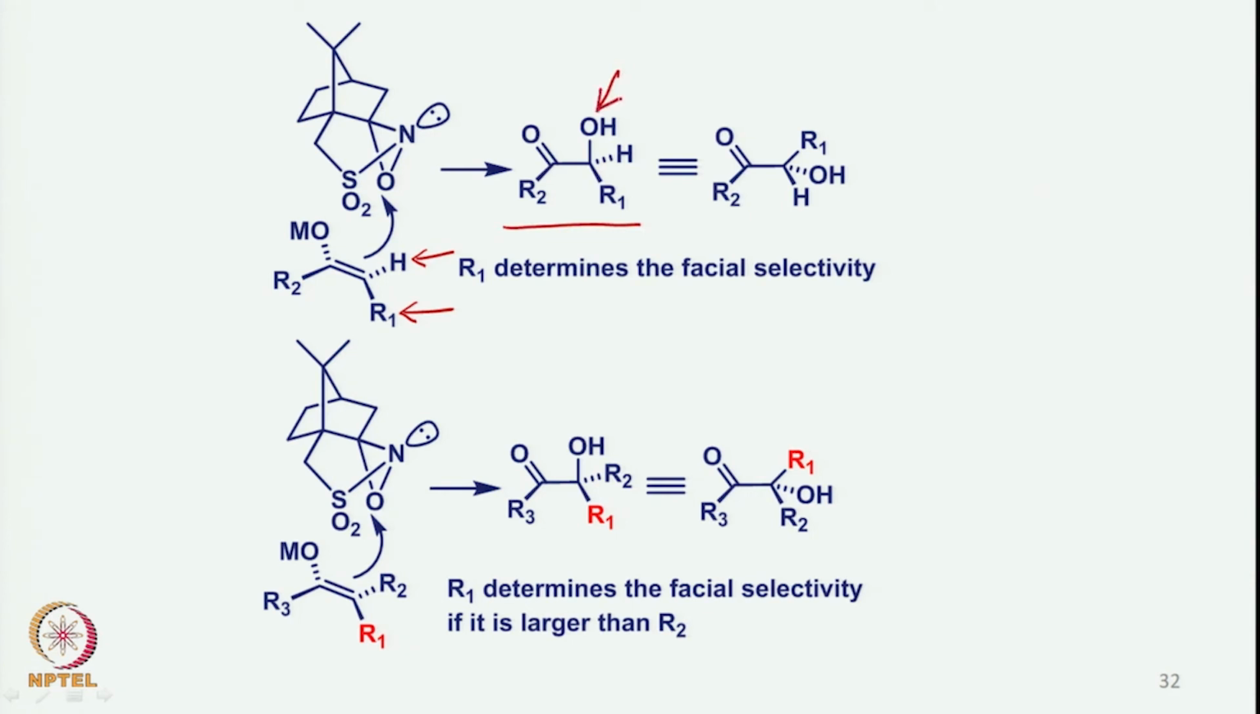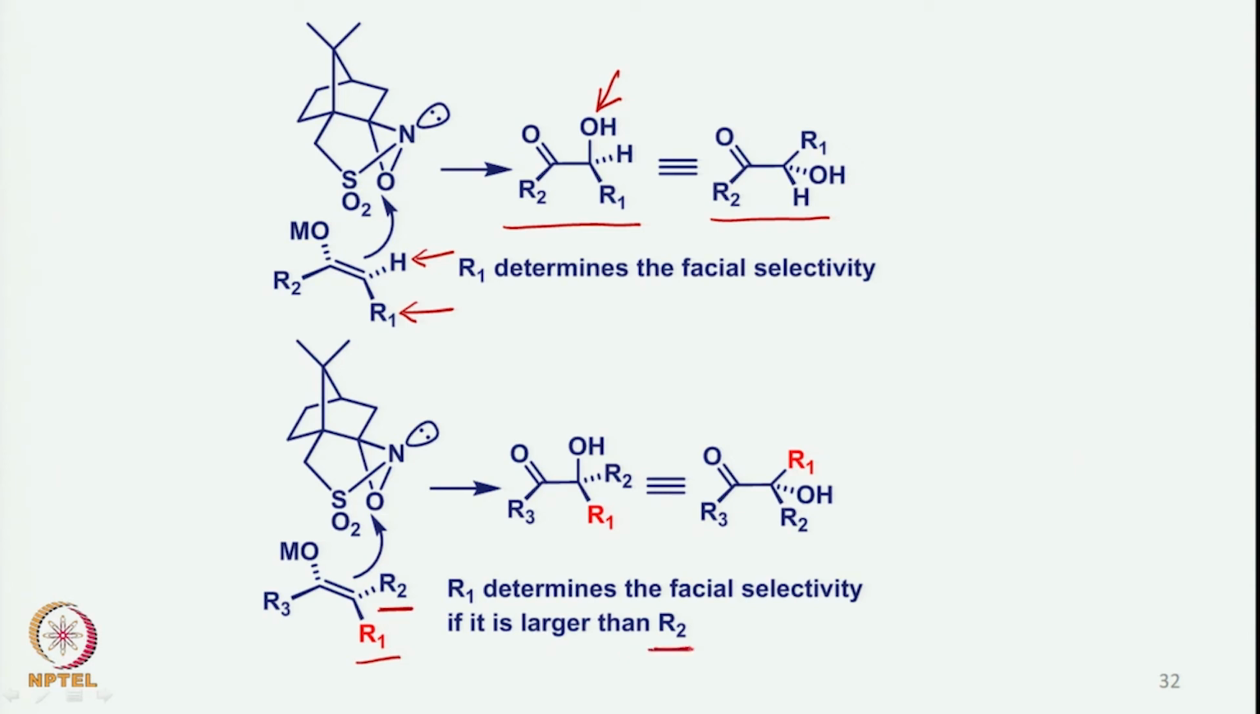the top. As one can see, this is the same as this, that means we just turn it in such a fashion that the R1 group goes on the top, the hydroxy group will come at the bottom. Now if we have a substrate like this where there is no hydrogen, but there are two different substituents like R1 and R2, and if R2